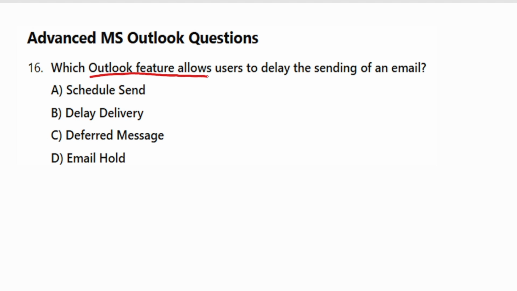Which Outlook feature allows a user to delay the sending of an email? The correct option here is delay delivery, option B, because the delay delivery option under message options in Outlook